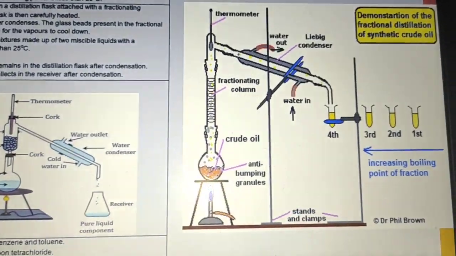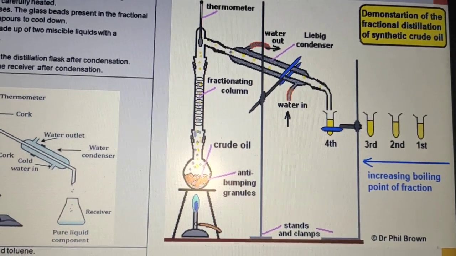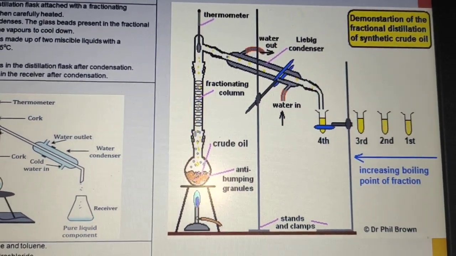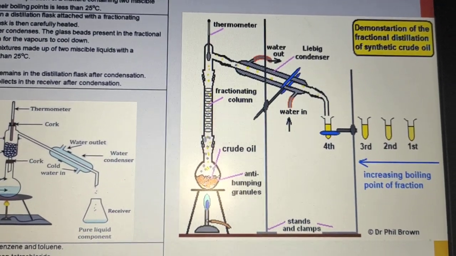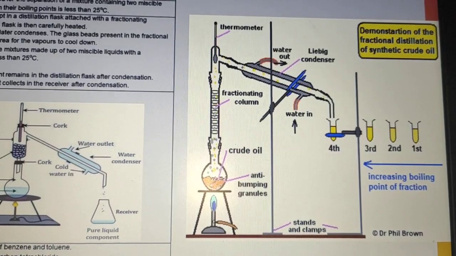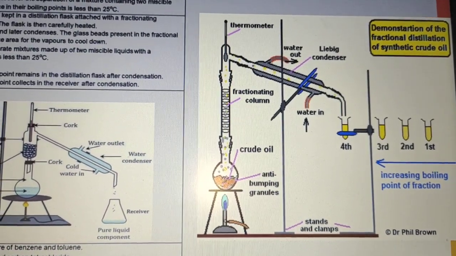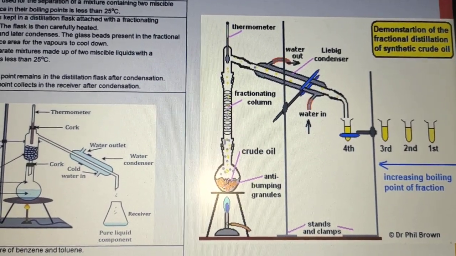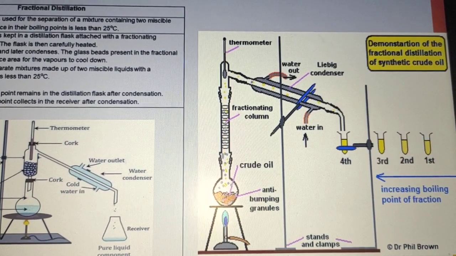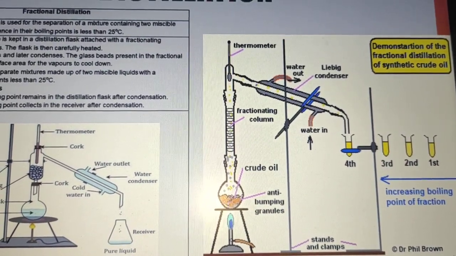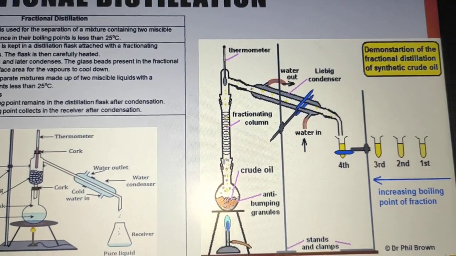So here is a demonstration of this. Here you take the crude oil sample. Anti-bumping granules: we are using the granules so that the liquid cannot bump if we are heating it directly on the flame. Here we are using the fractionating column, which helps it evaporate easily, and here we put the thermometer to check the temperature. Then we put the condenser, with water outlet and water inlet. At the water inlet we use the tap so that the condenser cools down the vapor easily.